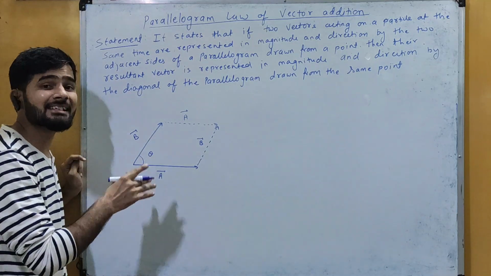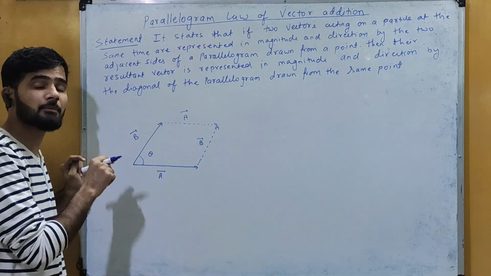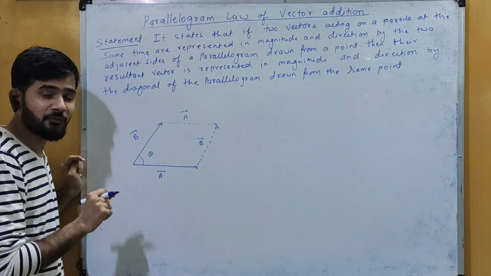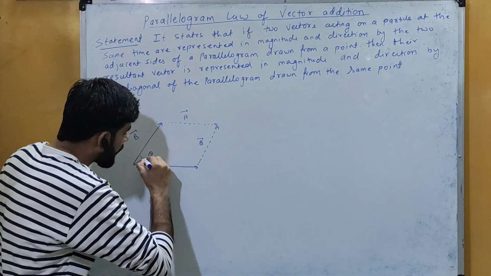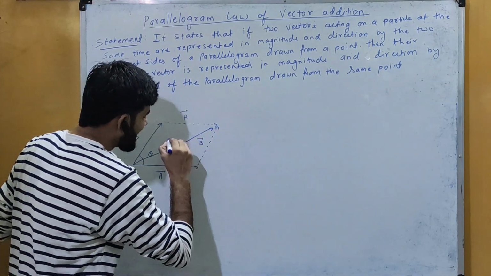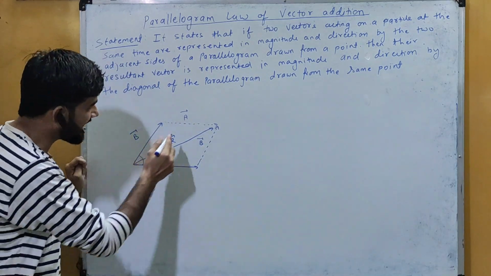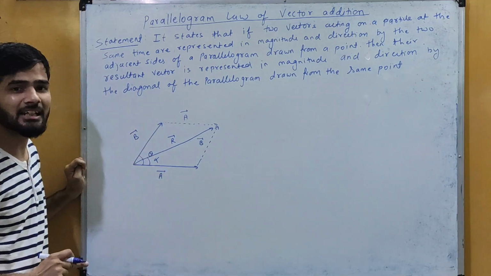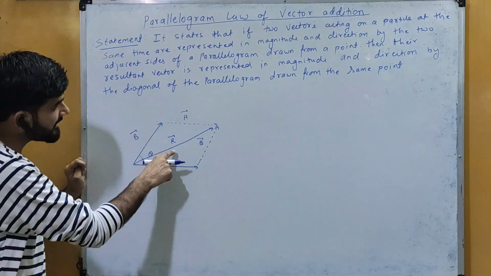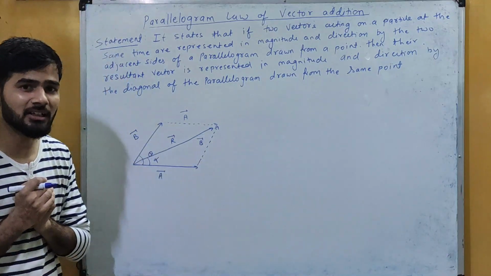So in this case the resultant will be the diagonal which is from the same point जहाँ से हमारे पास दोनों वेक्टर्स हैं, या फिर जिस पॉइंट से दोनों वेक्टर इनिशियल हैं वहीं से हमें क्या करना है, we have to draw a resultant one. So we can say that this is the resultant vector R, and this resultant vector R is making an angle of alpha with the vector A. Now in this case we have to find the magnitude and the direction of this resultant vector R.